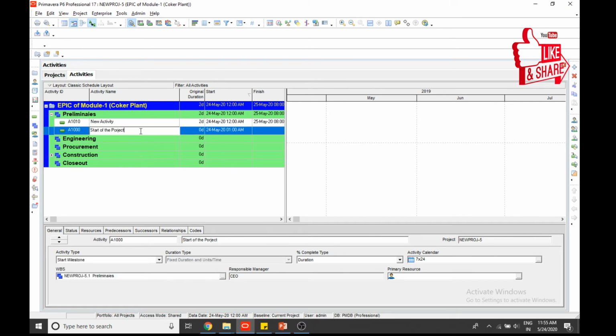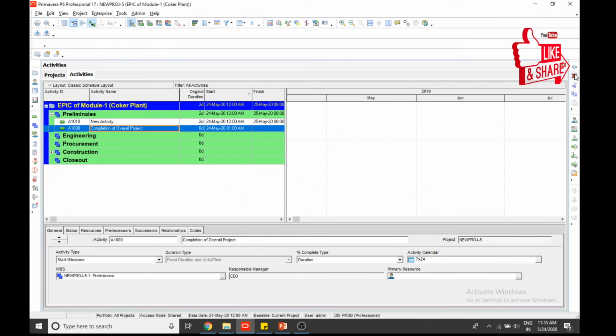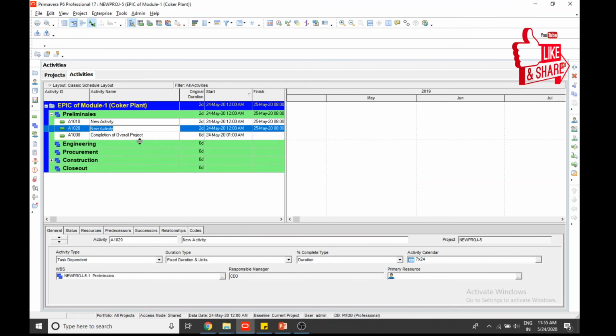Okay, then completion of overall project, and we'll add another activity, finish milestone. There we will create it as a finish milestone.